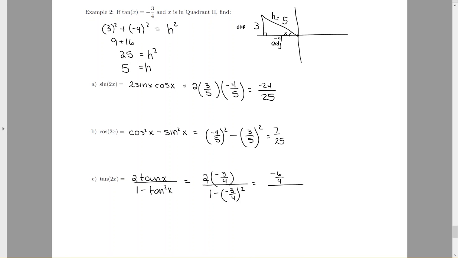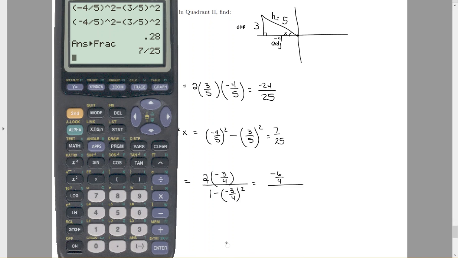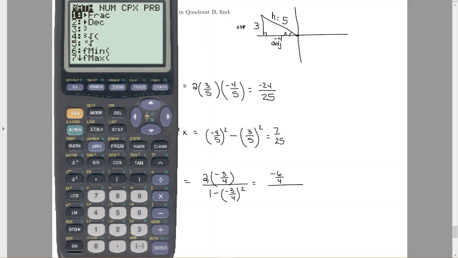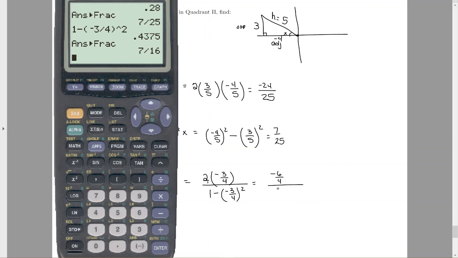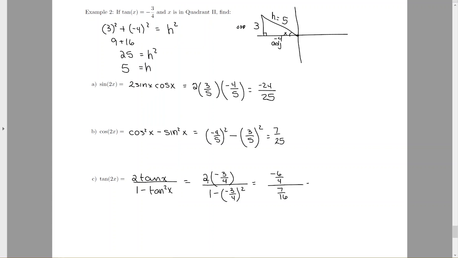divided by, okay, and I'm going to take my 1 minus, and then use your negate key, -3 divided by 4 squared. Kick it back to a fraction. Okay, and then I can do my keep, change, flip. So -6/4 times 16/7, 4 goes into 16 4 times. So I have negative 24 sevenths,